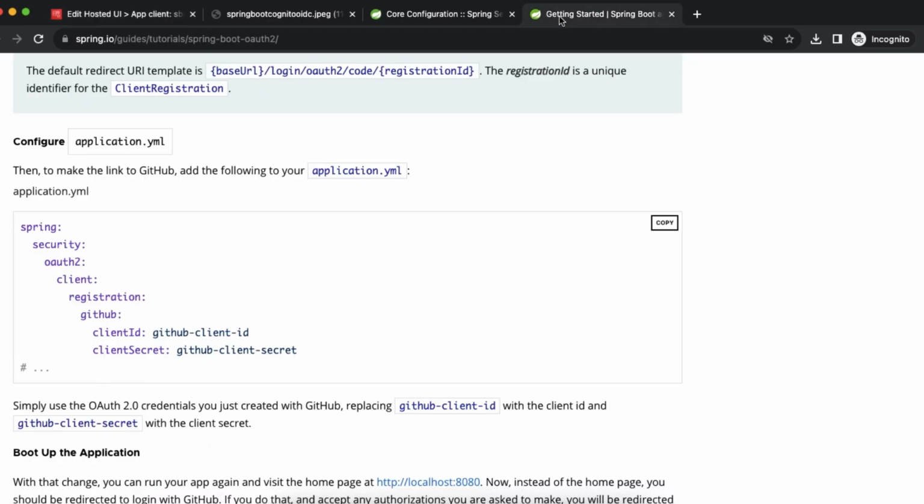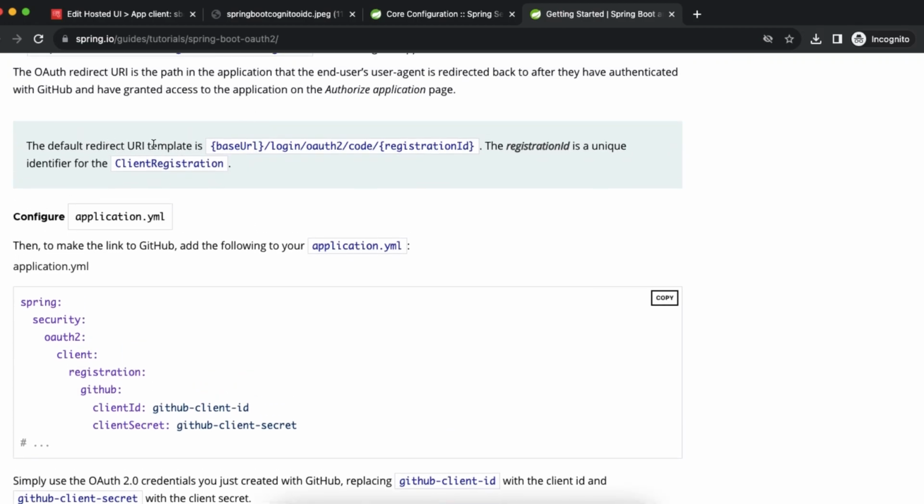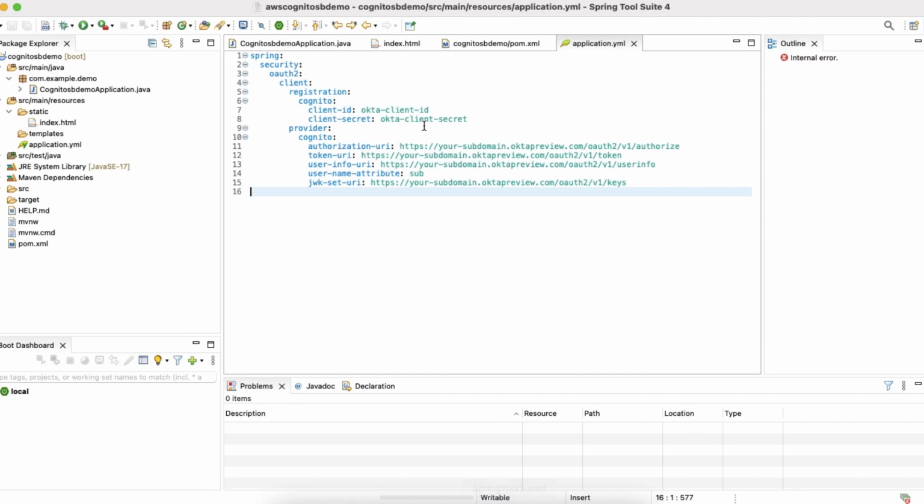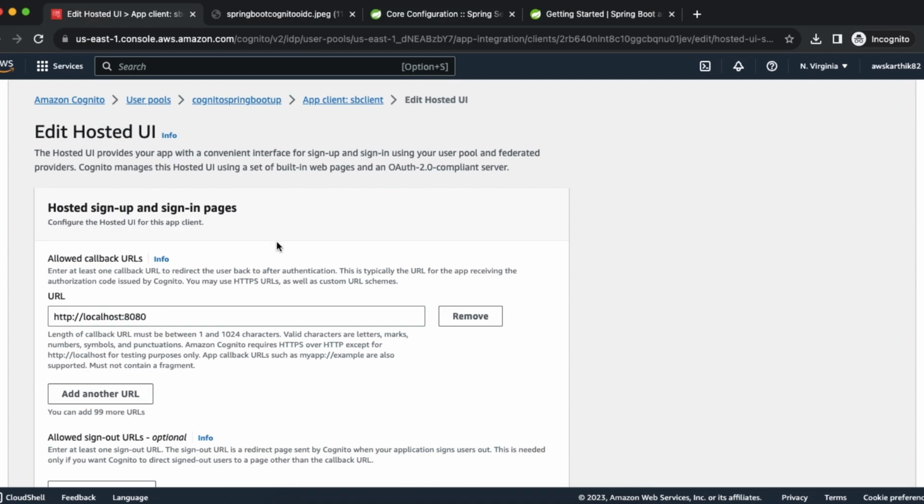If you go to this documentation, it says the default redirect URI template for the Spring Boot security framework is the base URL, which is basically localhost colon 8080, followed by login slash oauth2 slash code slash registration ID. The registration ID in this blog is basically GitHub, but in our case, it is Cognito. So go back to this URL, and we already have the base URL, which is http colon slash slash localhost colon 8080. Append the remaining values and Cognito